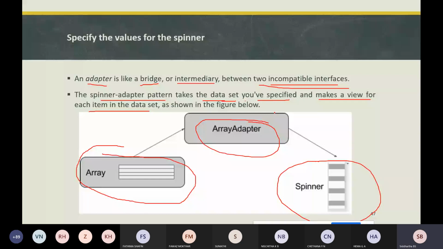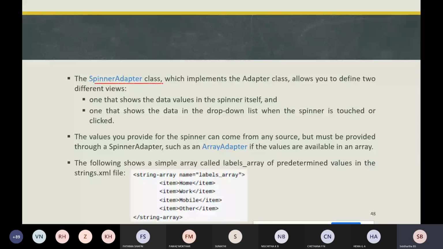There is a class called spinner adapter, which implements the adapter class and allows you to define two different views. The first view shows the data values in the spinner itself, and the second view shows the data in the drop down list when the spinner is touched or clicked.